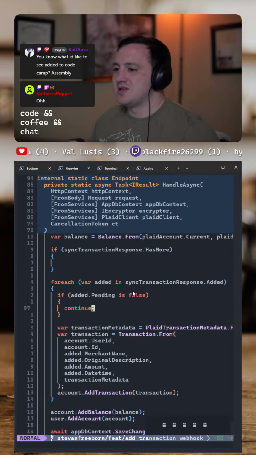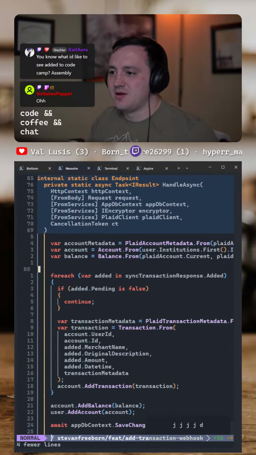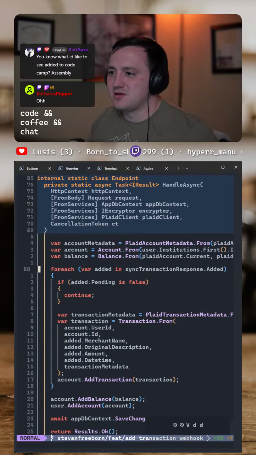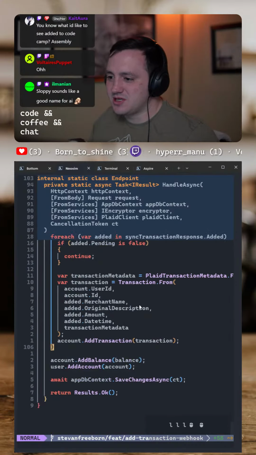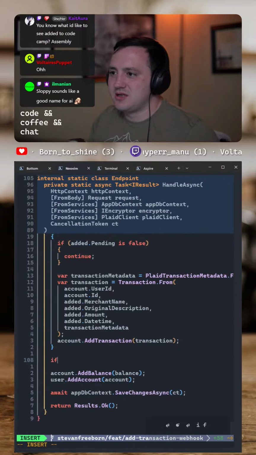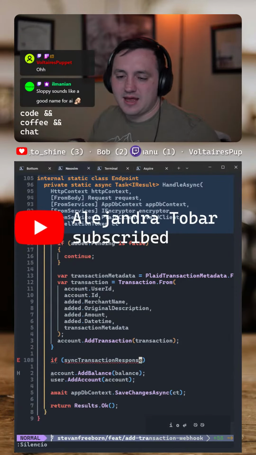I guess let's just do it the ugly way first, and then we can make it pretty after. So basically, the only thing we need to do is a check here to say if sync